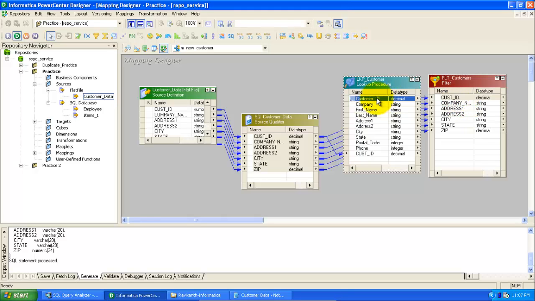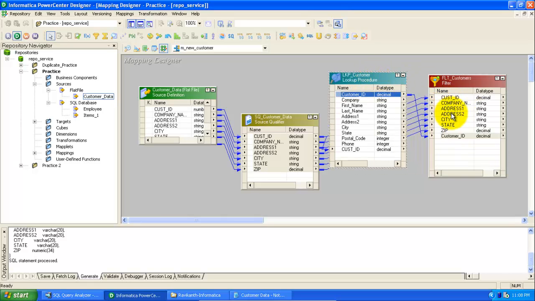And also we need to map the customer ID to the filter transformation, as we are comparing the customer ID of the lookup table with the flat file customer ID.